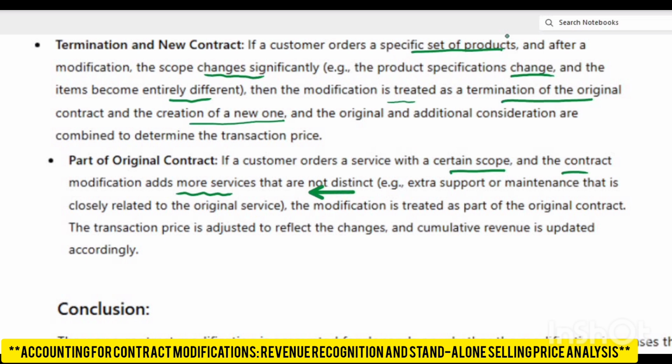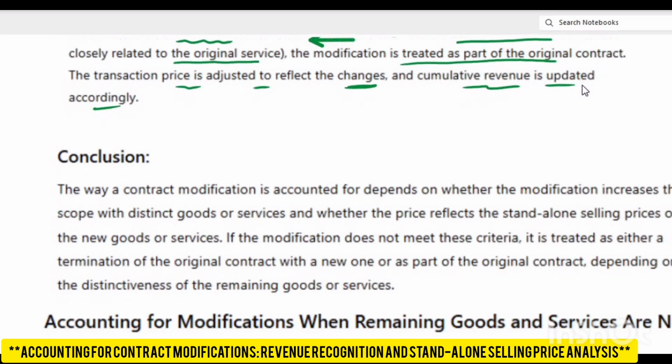So when they are not distinct, then you have to treat that modification as part of the original contract. So extra support or maintenance that is closely related to the original services means that the goods or services are not distinct, and the modification is treated as a part of the original contract. So the transaction price is adjusted to reflect the changes and cumulative revenue is updated accordingly. The conclusion is the